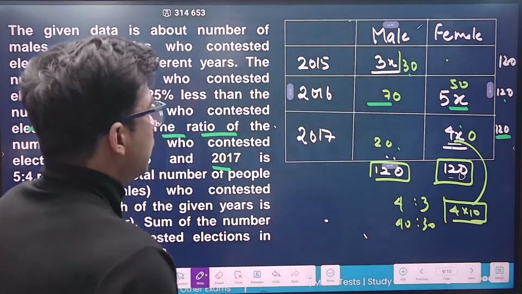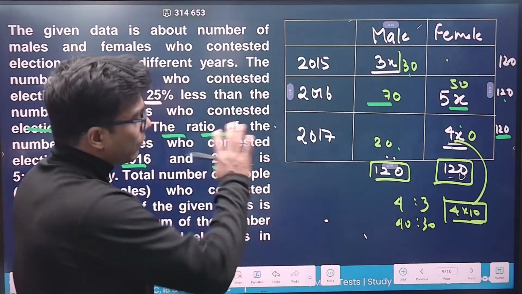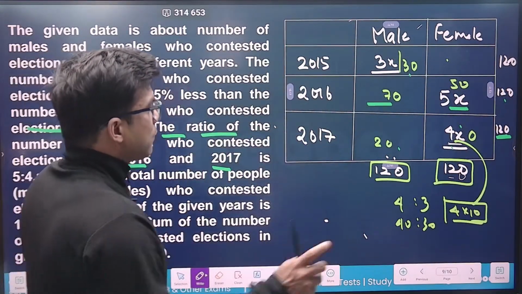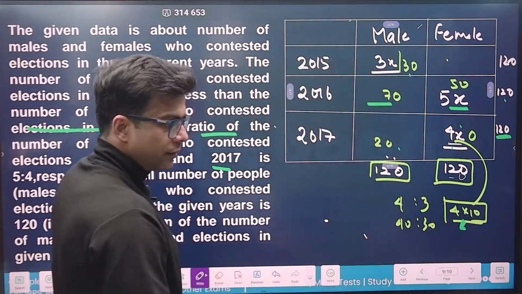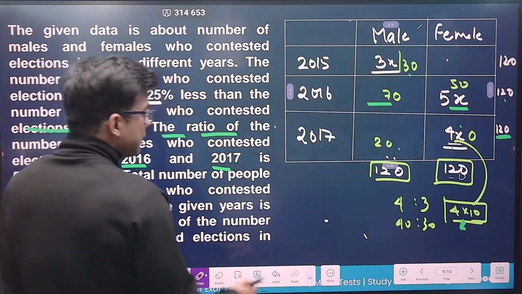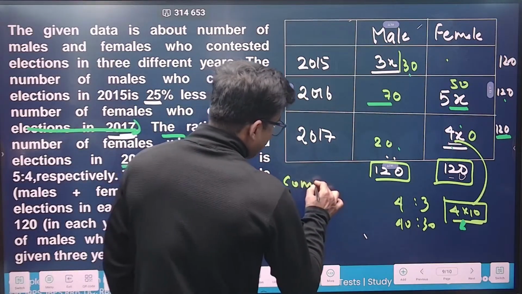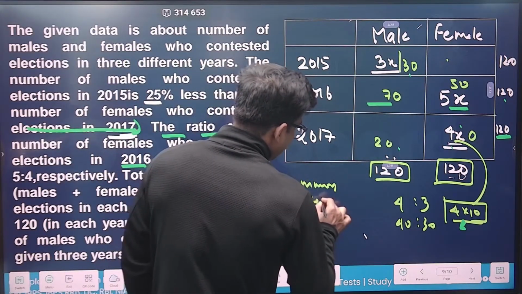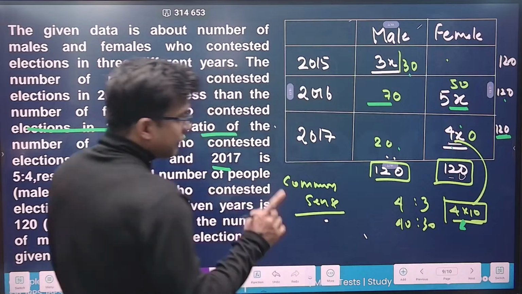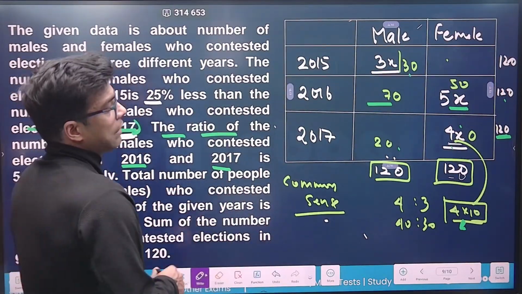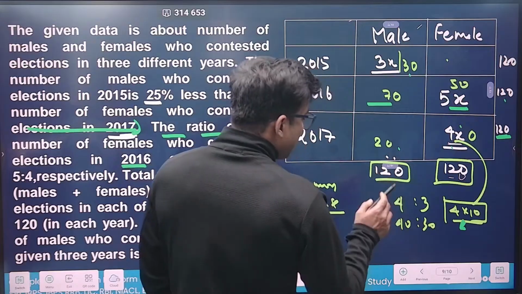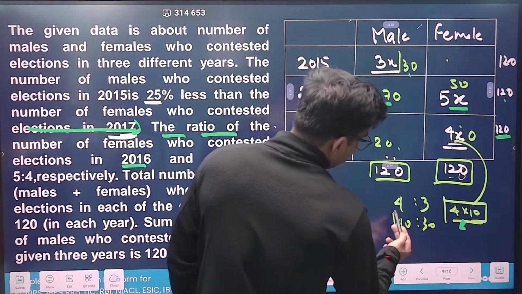Is it right? So see, without any equation, what I did, I have just assumed the value of x should be 10, which was completely wrong. Is it right? That's why I say the common sense is very important. And this is a pre-level question, everyone. That's why I always say to you, the common sense is very, very important. Now, always remember the ratio should be in terms of 4:3.